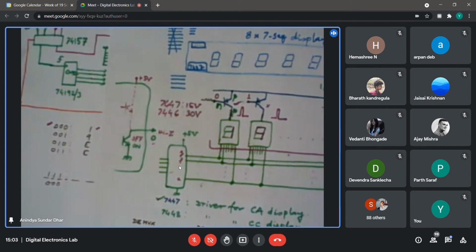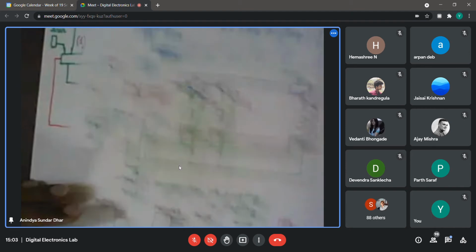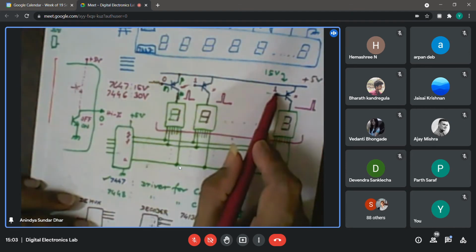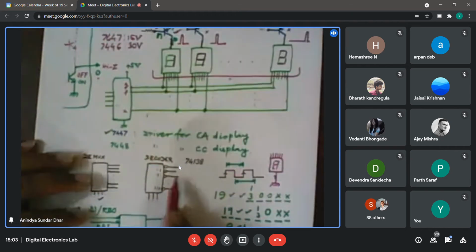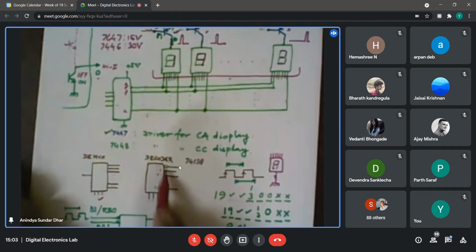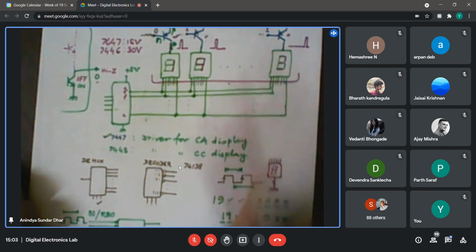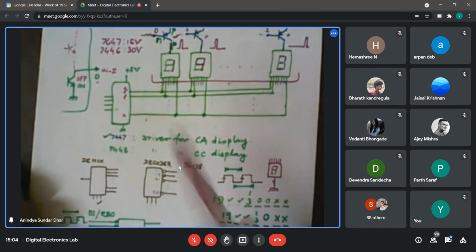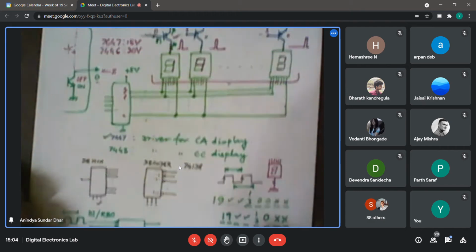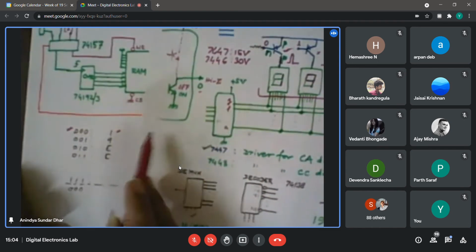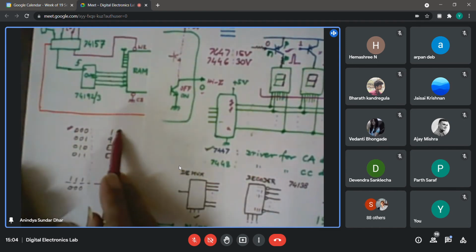Now does it make sense that I connect the base of this transistor from the decoder, because in the decoder only one output will be low at a time. So I am basically powering up only one of these 7-segment LEDs at a time, depending on which one is becoming low. And if I connect these select lines to the counter, then the counter is providing the output from a RAM from a specific location.